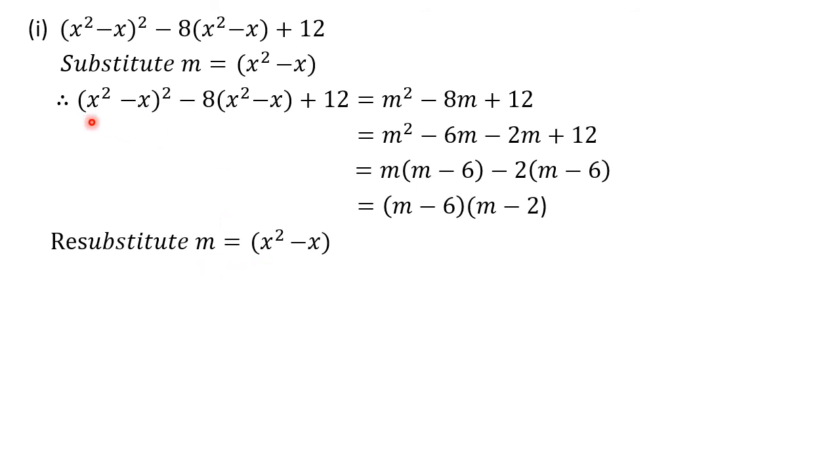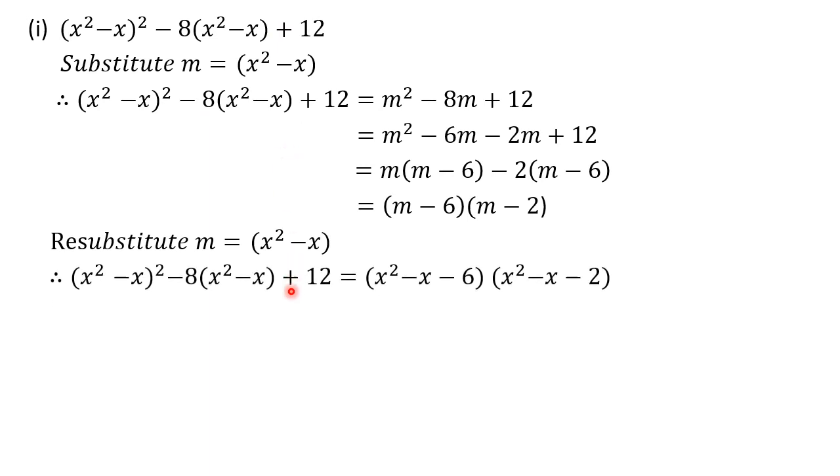So now this polynomial will become like this. See, this is the original question, is equal to, now see, in place of m again x square minus x is written, this minus 6 as it is, and in place of m in the second bracket also x square minus x is written, and here minus 2 as it is. Okay, now again see, we have got two quadratic polynomials again.